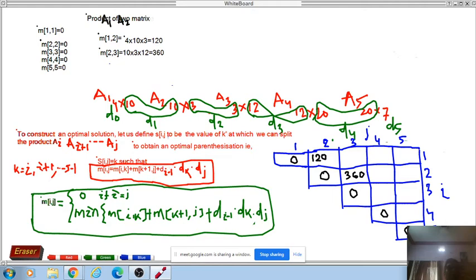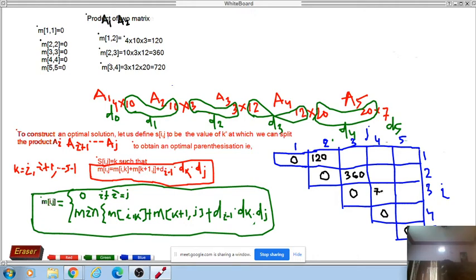Then next, what am I going to find out? M of, who can say which value we will find? M of 1, 2, 2, 3. Then I am going to find out M of 3, 4. Very good. So M of 3, 4 will be equal to how much? You can say what will be the value? That will be 3 cross 12 into 20. So the value will be equal to how much? 720. Okay, just fill in this 720.